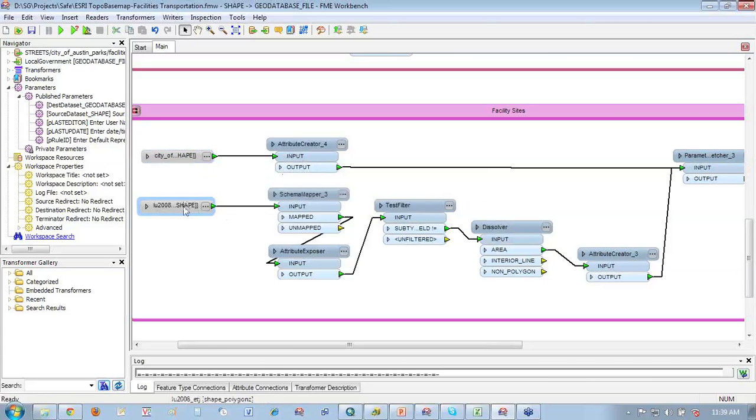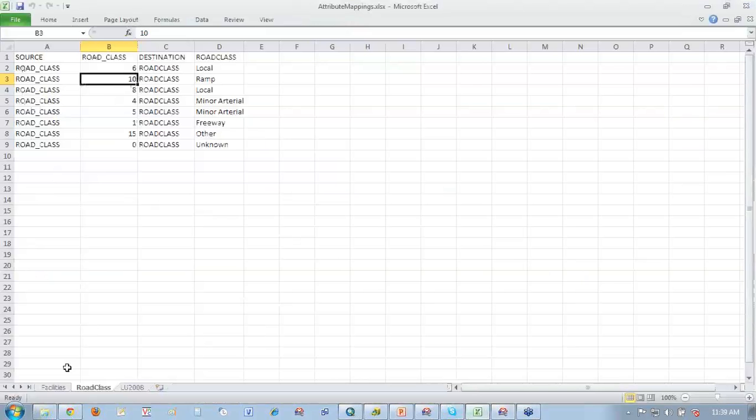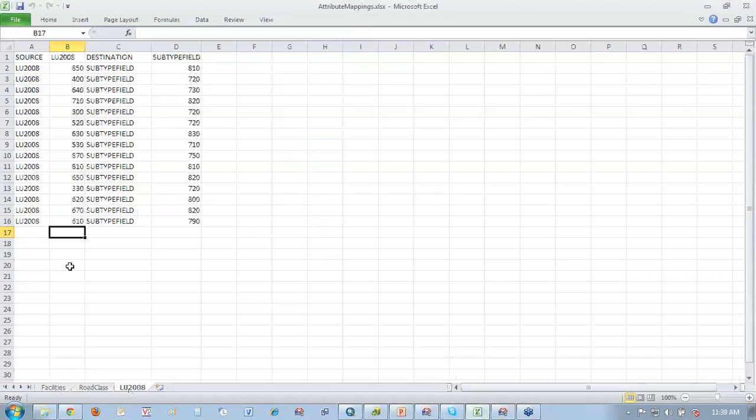And the only other source I could find here was actually the land use from 2008. And it's not a perfect fit, but it's maybe not a bad starting point for those that are looking to get going with these facility site polygons. And essentially what I did on this, I started with the schema mapper. And again, what we did in this case is we were taking the land use codes, which are, I'm sure somebody in planning in the City of Austin knows what all these are, but it took me a while to figure them all out.